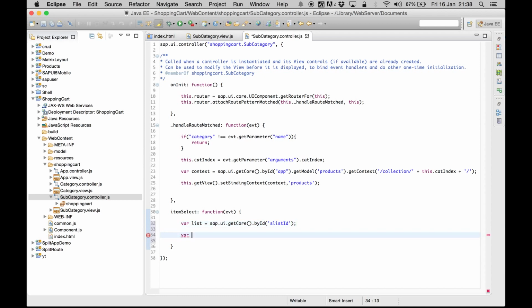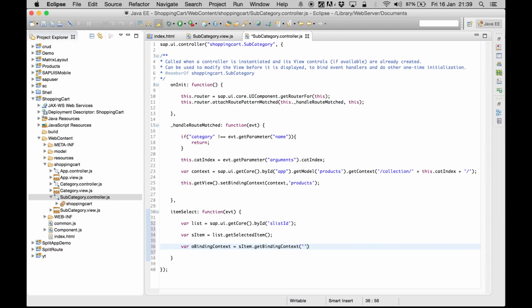So we can write sItem is equal to list.getSelectedItem, and this is going to get us the object of the item that we are selecting, and from here we can get the binding context. So oBindingContext is equal to sItem